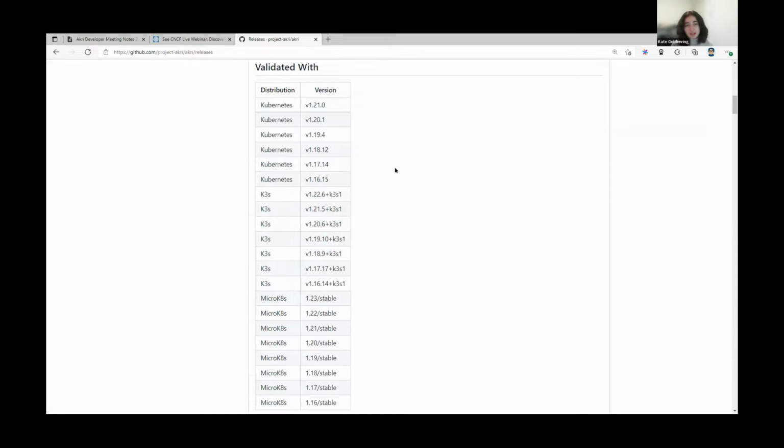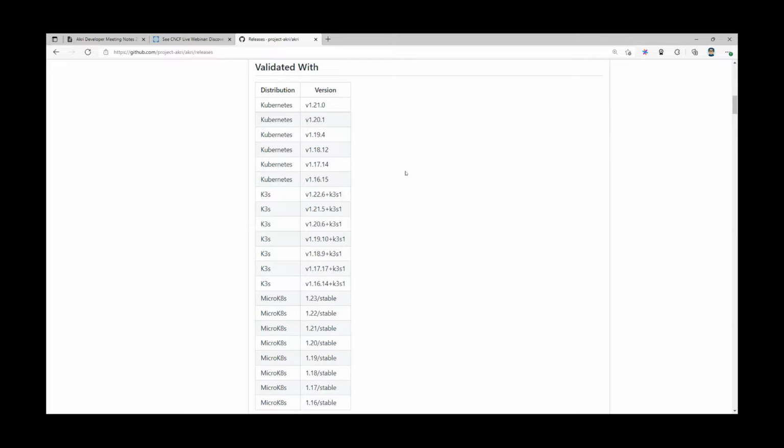It's more just that in the GitHub runners where we do our tests, we aren't properly installing Kubernetes with containerd. So we just need to do a little bit more work there. In our release process, that work wasn't prioritized. But yes, it is expected that it would work on the latest versions of Kubernetes, since it is working on K3s and microK8s. Our end-to-end tests are not validating that currently.